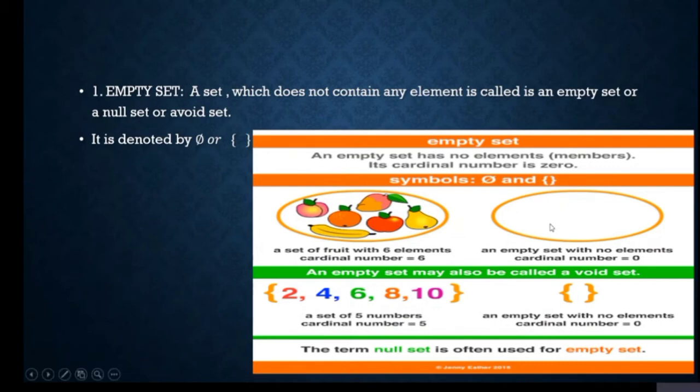See, second example, second circle. In this circle there are no elements, so it is empty. We call it an empty set. The number of elements in an empty set is 0. So the cardinal number of an empty set is how much? 0. The other names of empty set are null set or void set.